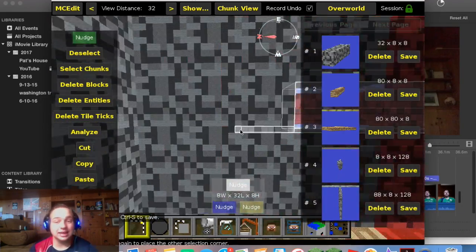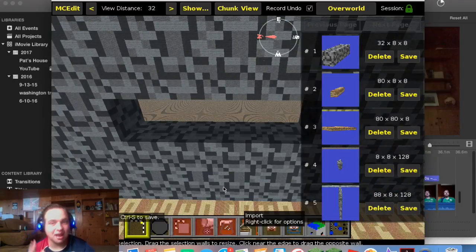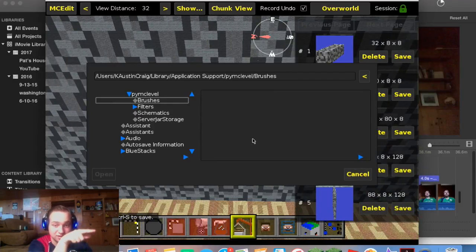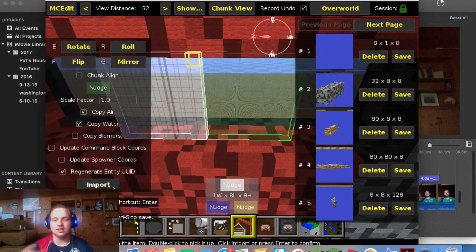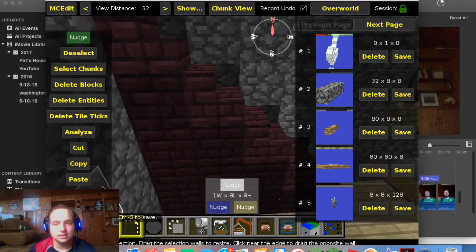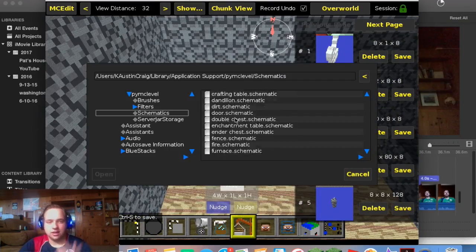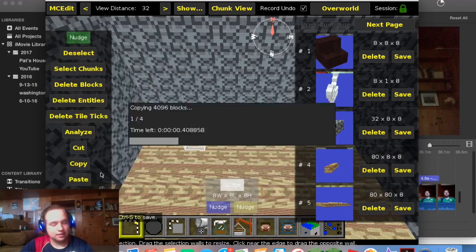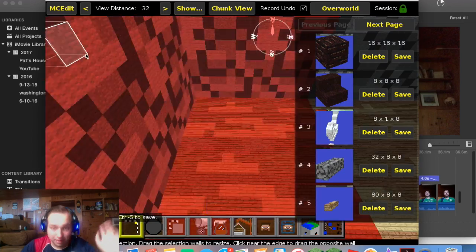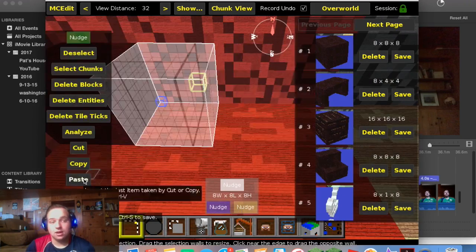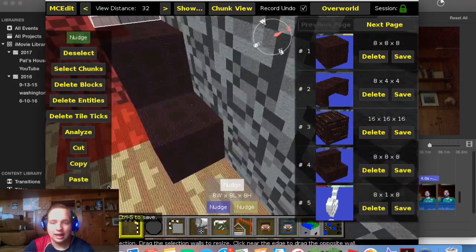So once again, I use my measuring tool. I use the selection tool, is what it's actually called, to see how long something is. And then I measure up from the ground, and then I click and drag, and it shows me, oh, that's 7 blocks high. So I'm like, oh, that means one more block high.